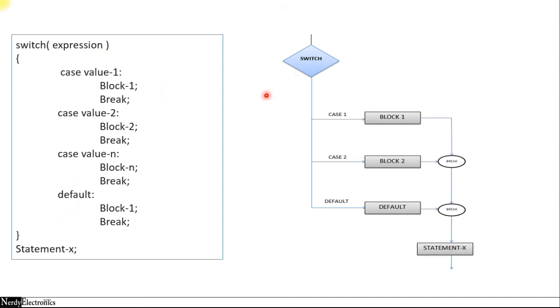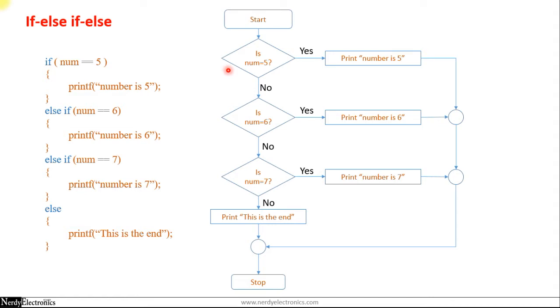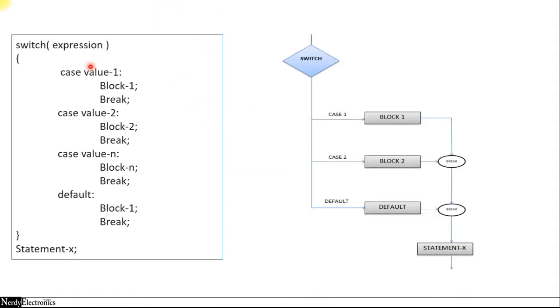One primary difference compared to if is, in if, it would check for the first condition. If the condition was false, it would go to the next condition and check for it. If it was true, execute the part for this condition. If it was false, go to the next section where it will again check for the value. But in switch case, we directly jump to the section of that value. So let's say I have here 5, 6 and 7 and the expression is executing and the final result is 7. So it won't check for the first two cases, it will jump directly to this case. It will enter here, jump here and then come here.